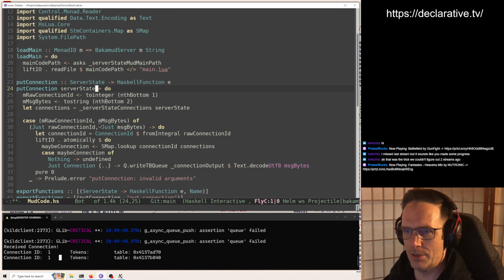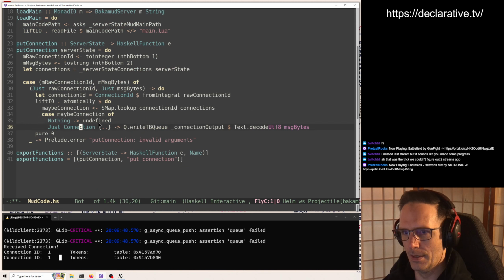So we could pass the server state in here and enclose over it as a curried function. That's all we need really, because that holds all of the TVars and stuff, to all the connections and whatnot. So that allows us to put things on the output queue for that connection and then write it back out to the client,